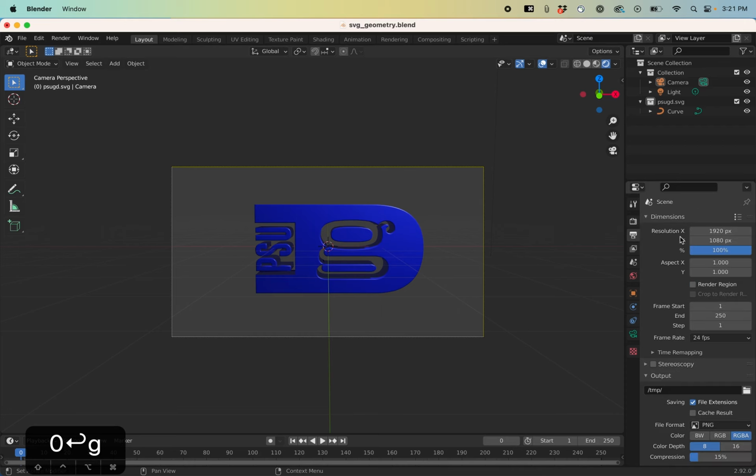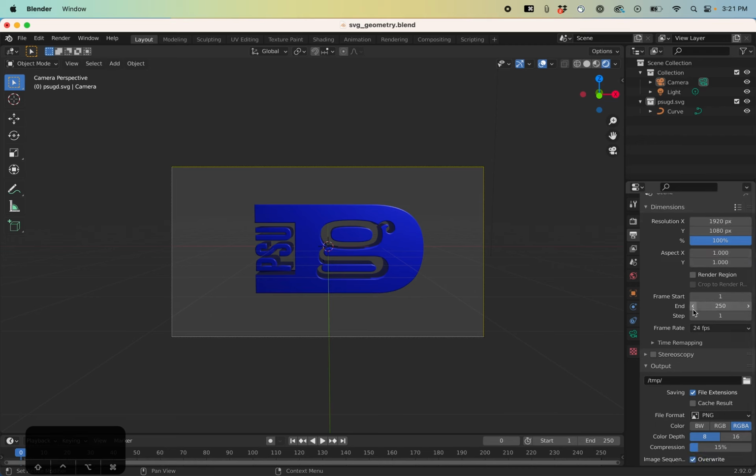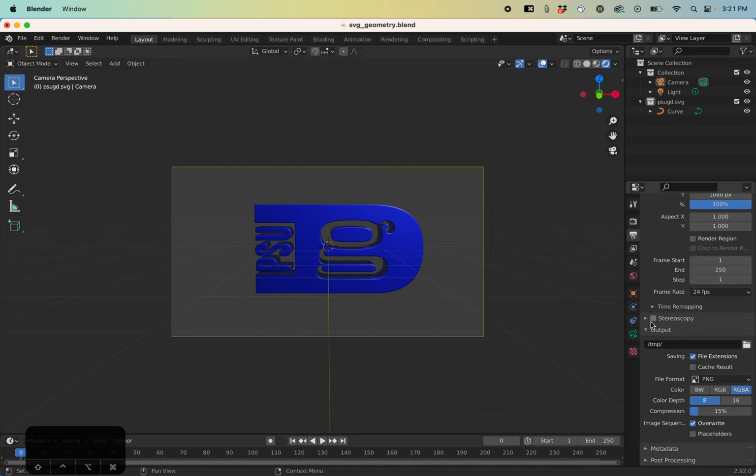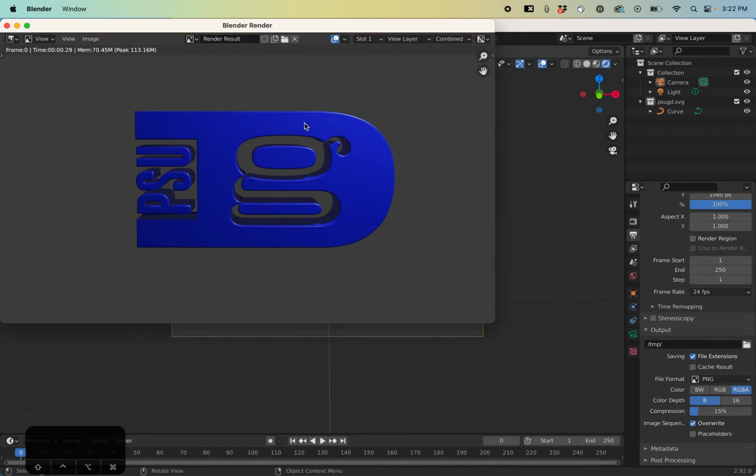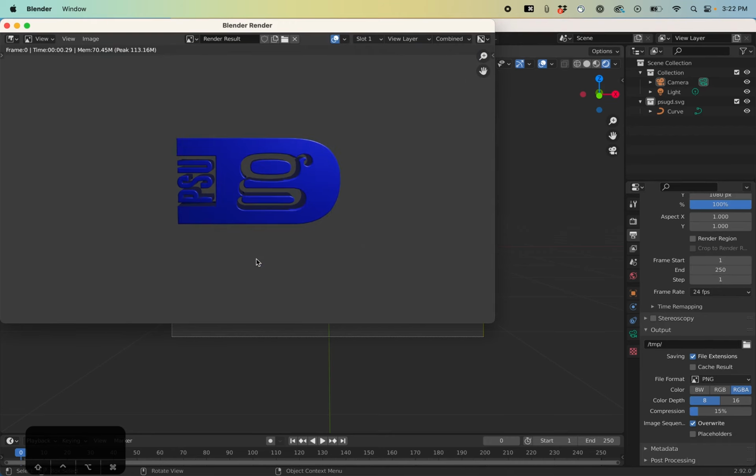Let's see, in here you can set the resolution of how big you want this to be. So it's 1920 by 1080, but I could always shrink this down or change that in there. You have the aspect ratio, you have the number of frames. This is important once we start animating, but I'm going to do a still first. And if you want to see what it looks like, you can render it from here, and you can see it came out, the view from my